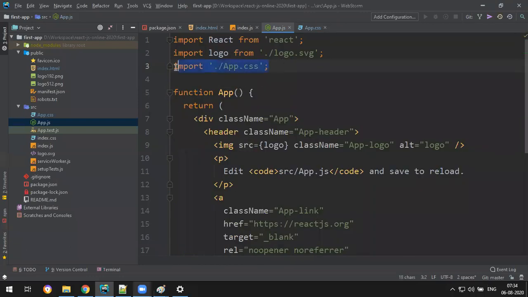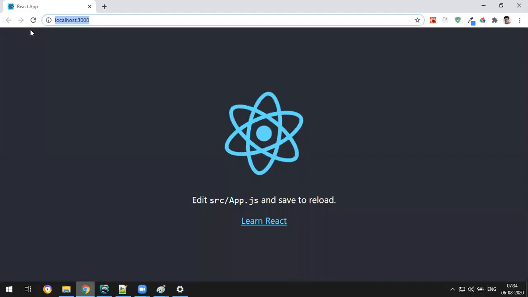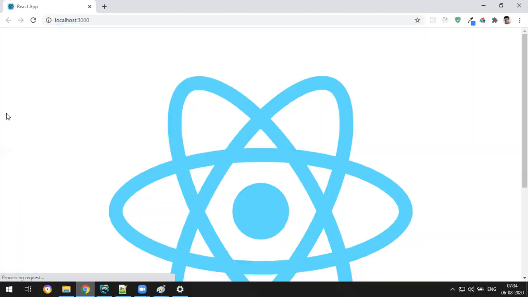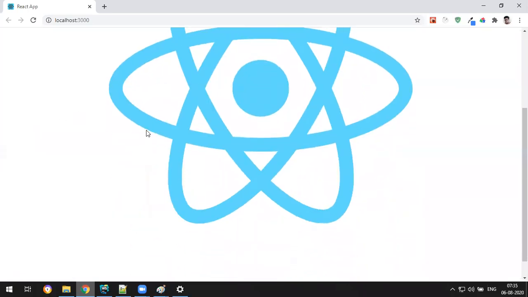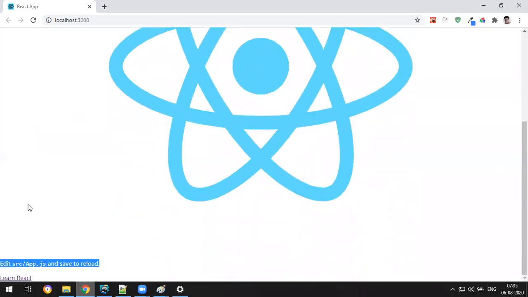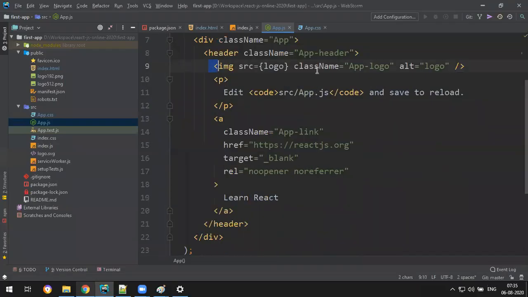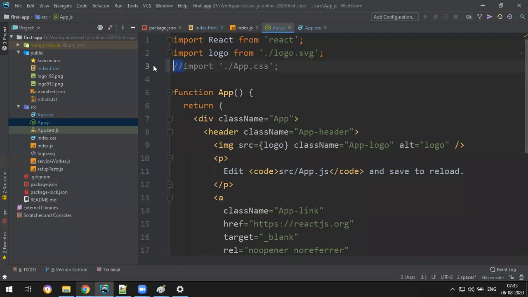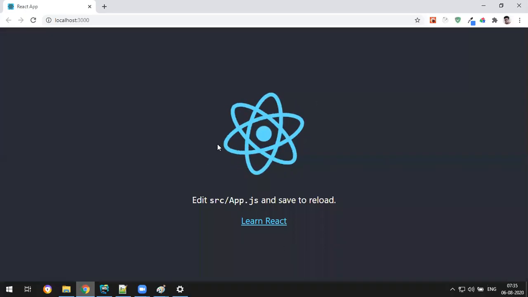For example, I have commented this. If you comment this, what happens? Styles will not apply. Let's check. Let me refresh. See, only this image is there and some basic text. Same like here: the image logo is there, the p text is there, and the link is there. That's what has come, but no styles have been applied. If you enable this, it starts looking for the style, just like our style.css configured in HTML. So it starts detecting. See, I got the styles.